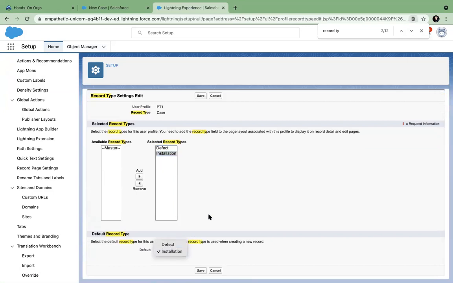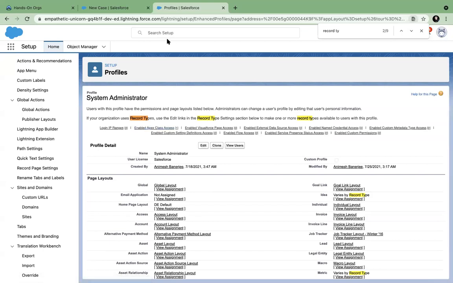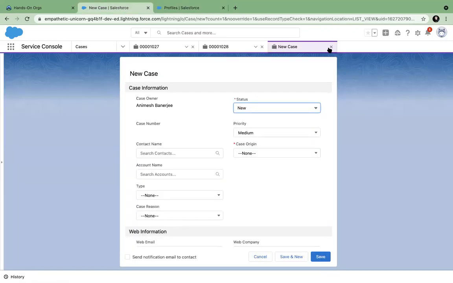Default is installation. I can change this. I can make another the default. If I assign multiple record types to any user or profile, what happens now?